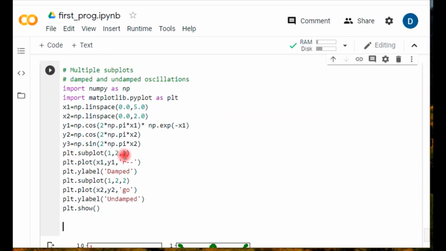The plot number one. Suppose now we have a target to create plots in rows as well as in columns. First of all we have to decide how many rows we want. So I'm deciding I want 2 rows and 2 columns. So this plot will go to indexing number 1. Similarly, we have 2 rows and 2 columns, and it is going to be placed at indexing number 2. Now for the third we are looking for and creating another one.